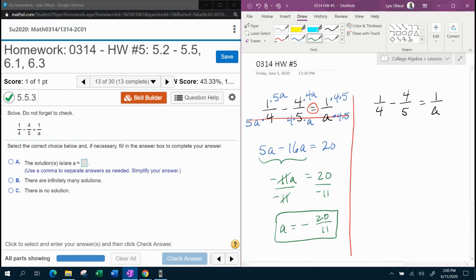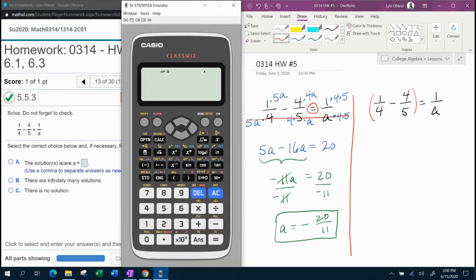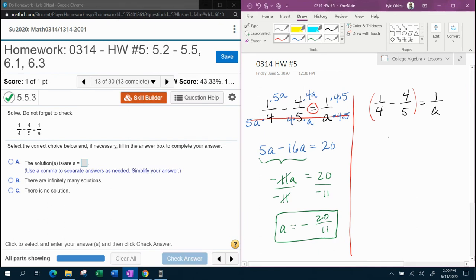Now, for the other technique, this is going to really involve using a calculator. I notice that the two fractions on the left-hand side don't have any variables. And so this is something that the calculator can handle very effectively. So I want to go ahead and do 1/4 minus 4/5. Like I said, the calculator does a wonderful job at that. So that is negative 11/20